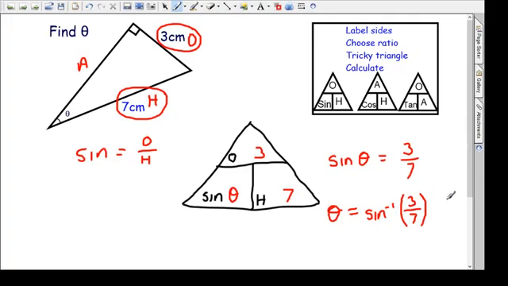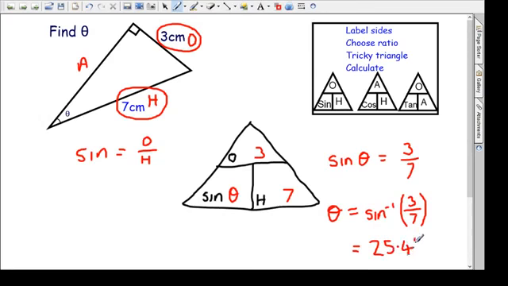So we need to write it like that. So I'm going to type that into the calculator. I'm going to type shift sine and I'm going to open the brackets, enter the fraction in. That's going to take a little bit of practice, but I'm sure once you do a couple you will get the hang of that. And the answer comes to